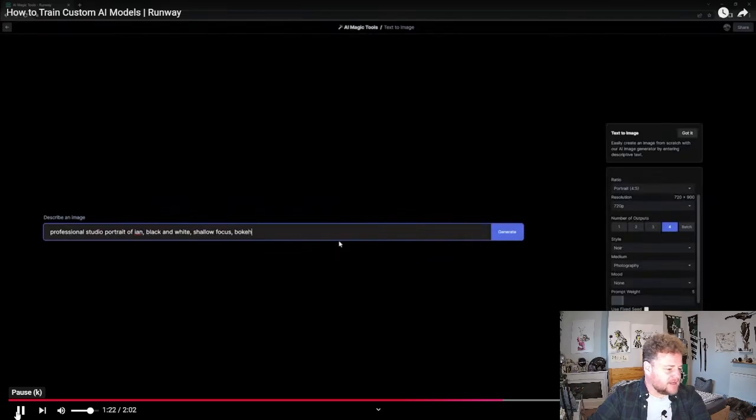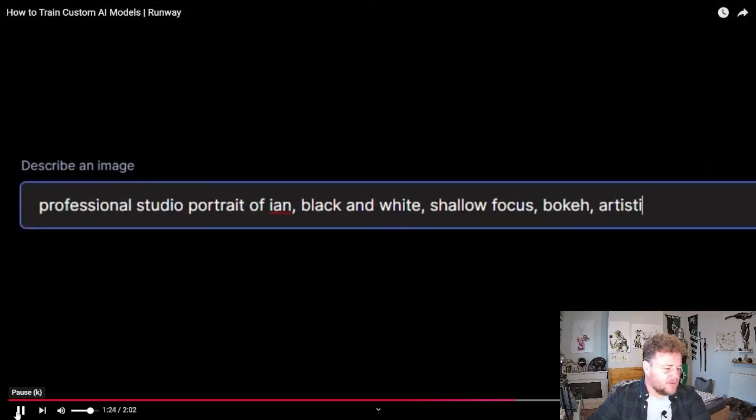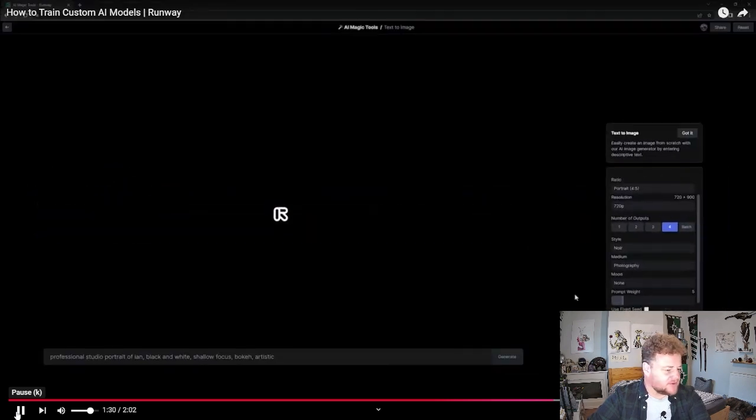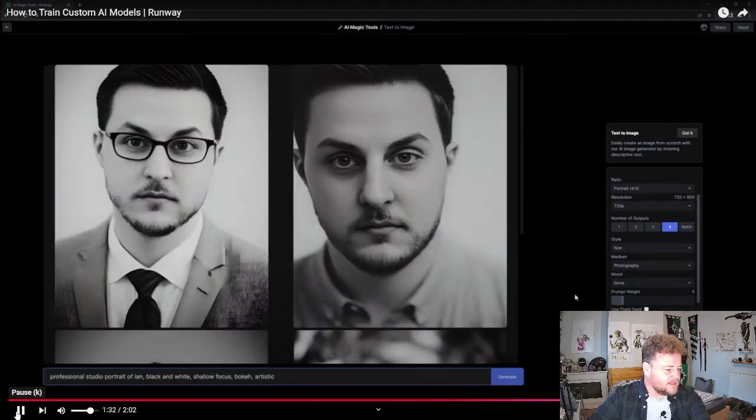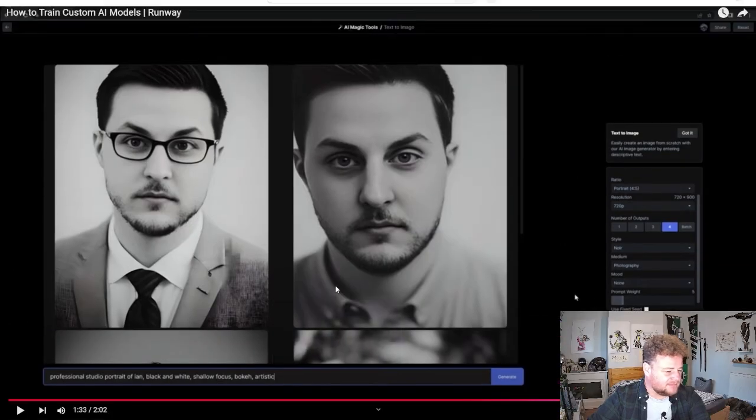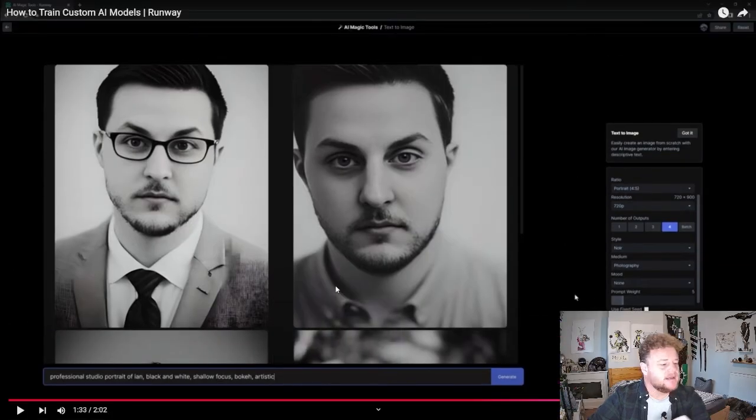So in this particular case, he's just creating an image of a professional black and white photo, like a professional headshot sort of thing. And those are the results, which are pretty good based off of the other character thing. I would still say that looks a little AI-y, but you can see that's how it would work. And this is also something that could work in the videos as well.